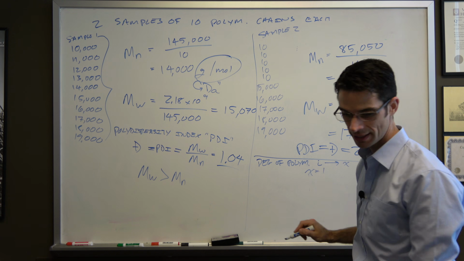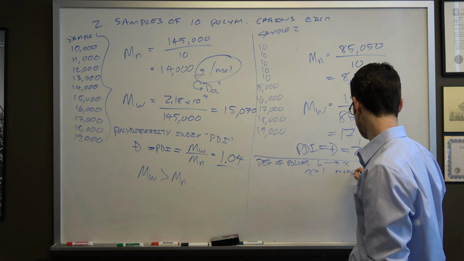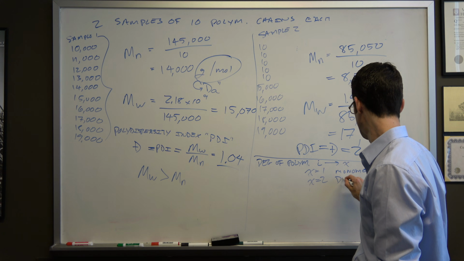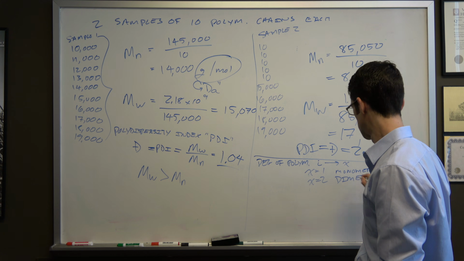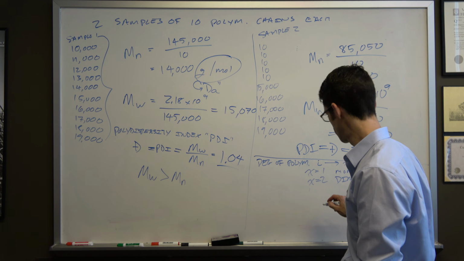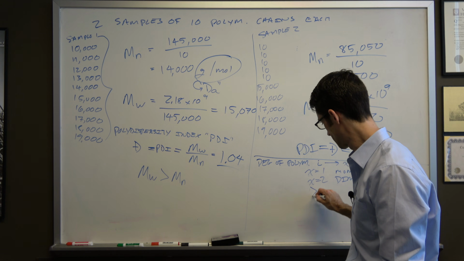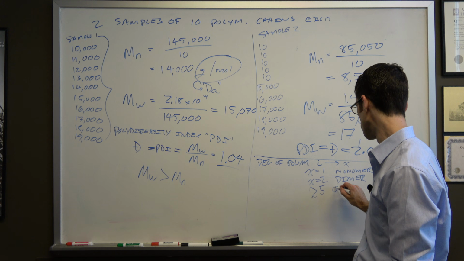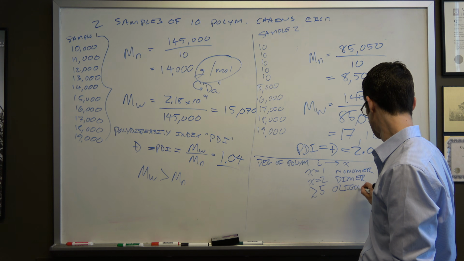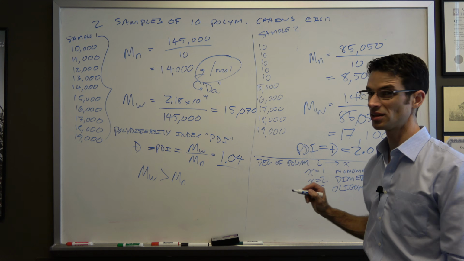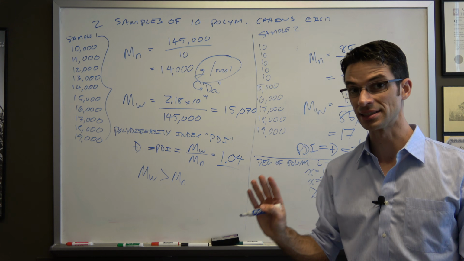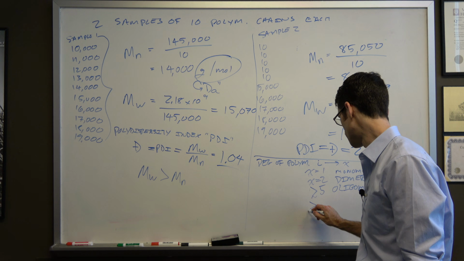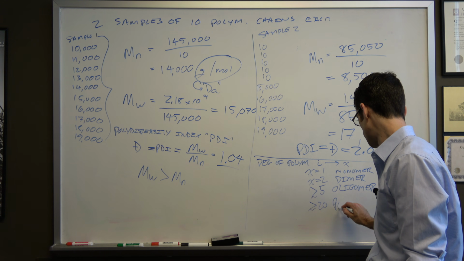x equals 1, we have a monomer. x equals 2 is a dimer. x greater than 5, but less than about 20 is an oligomer. Remember, I said this is a little like learning a language. It will get easier, I promise. So greater than approximately 5 is an oligomer, and if we have greater than approximately 20, we are in polymer,